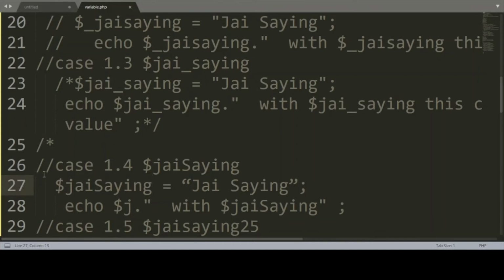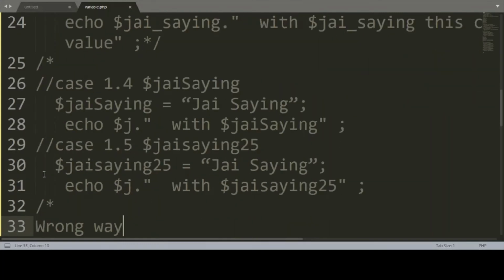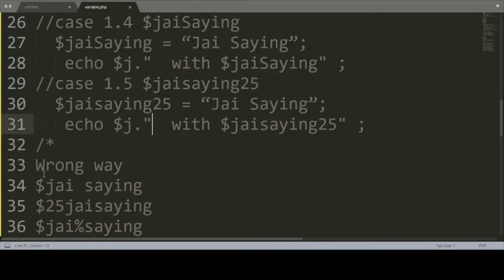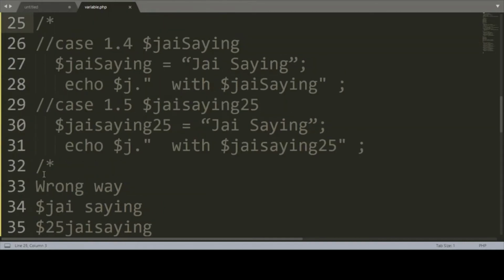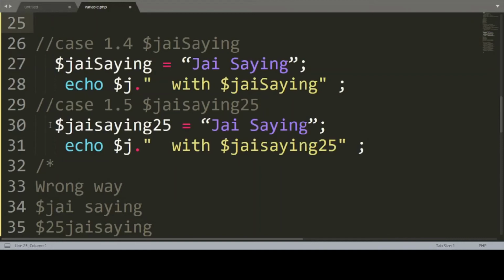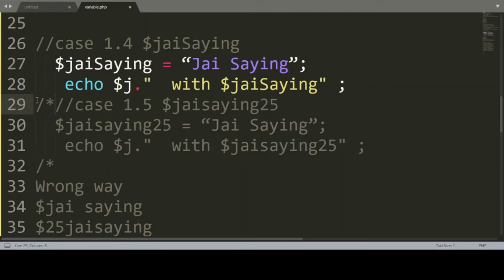JSing, you can check here. I'll do this in center. So for the fourth case, you can check here: JSing, J is small letter, S in capital letter, and S in capital letter, EYING in small letter.